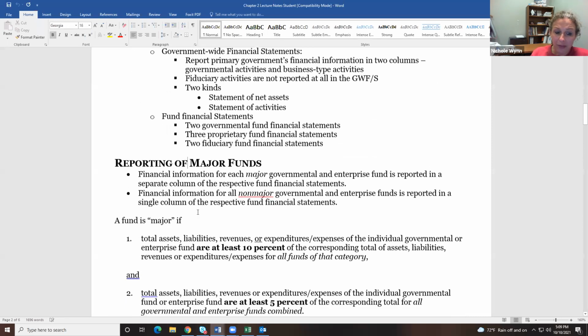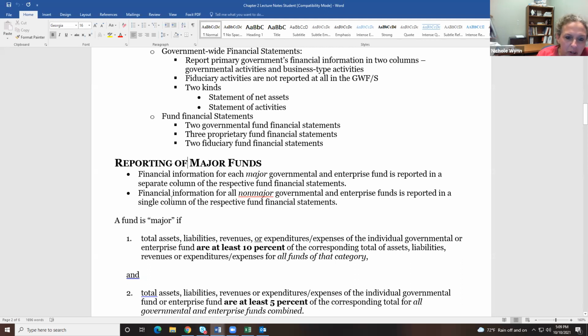Okay, so we have to determine if a fund is major. A fund is individual parts under the whole umbrella, and we have to determine if it gets its own column in the government-wide financials or not. That's why we do this calculation. This will be the only calculation we get to do in this chapter, so I'm actually kind of excited to do it. But I don't really practice it much because really I just explain it here. When we get to do the homework, I'll get to actually do some math with you.